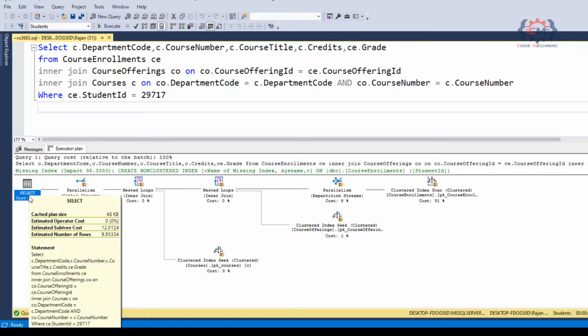We already looked at this, and this has our entire cost inside of it and also gives us an estimated number of rows. Now we know that we actually are getting more rows back. Again, the statistics data is just an estimate that SQL Server has, but this is basically the procedure that you use to read an execution plan.